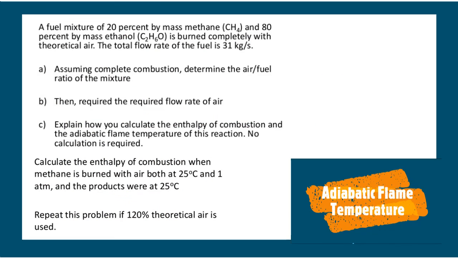By equating this, the only unknown parameter is going to be T, because the Cp value will be given as a plus bT plus cT squared plus dT to the power 4, like that. Depending upon how many terms in the Cp expression we are considering, we may have a cubic equation or quadratic equation. So we have to solve it to get the T value. We have to carefully do the integration and get the answers.